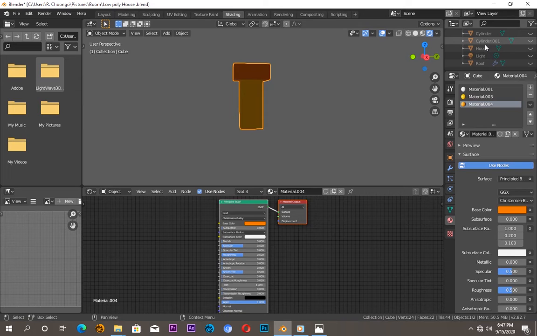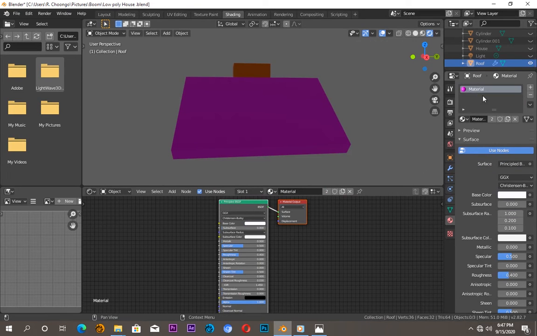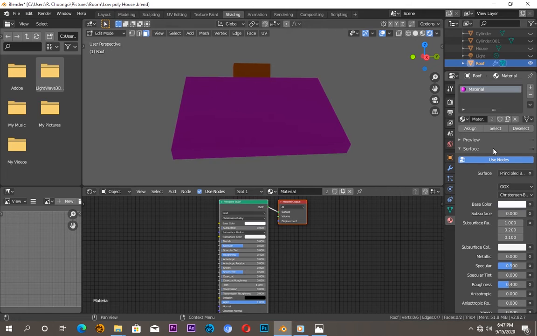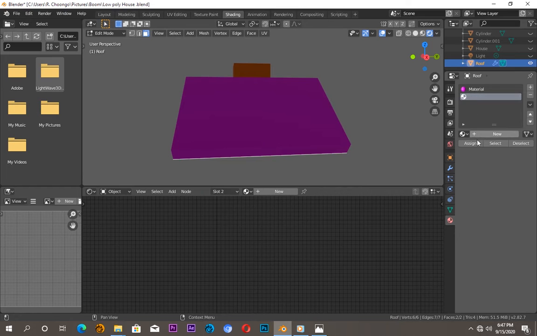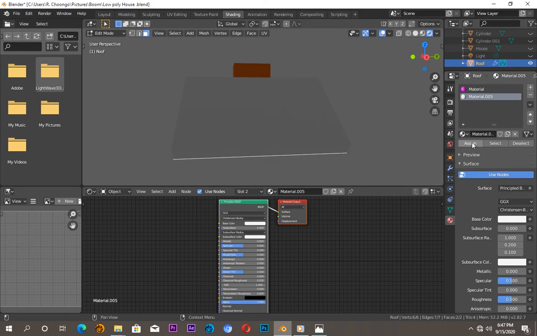So with the roof, I'll go in edit mode for the roof, and I'll say select this, select all, new material, I'll say new, and then I'll say assign. So here, let's save. This thing might crash,